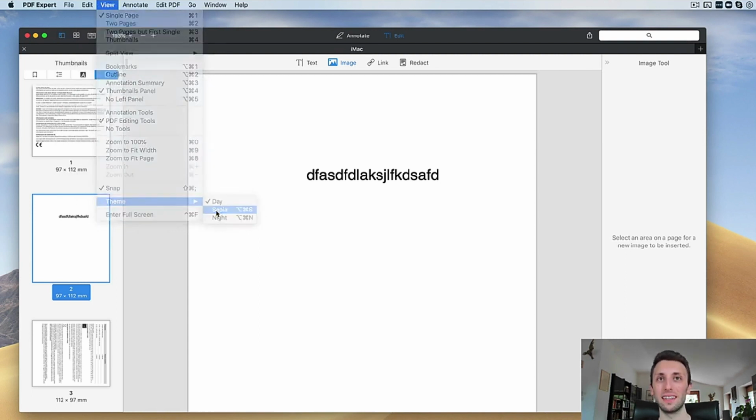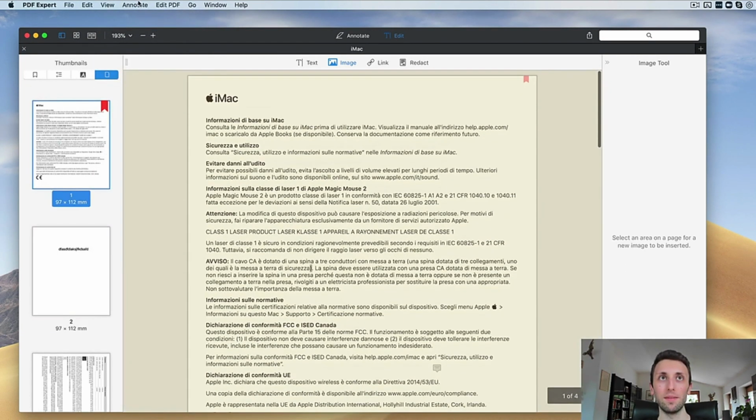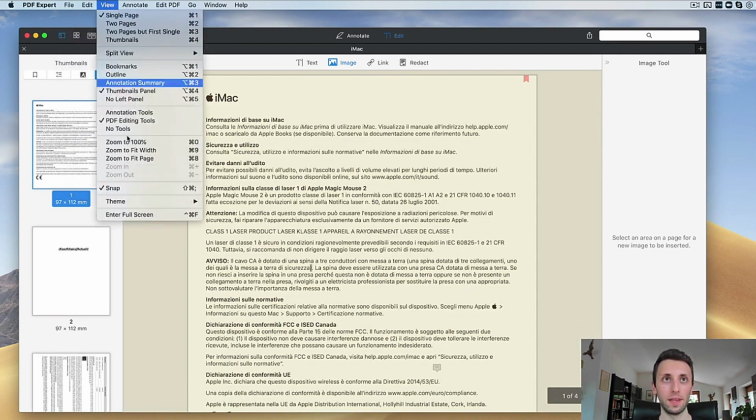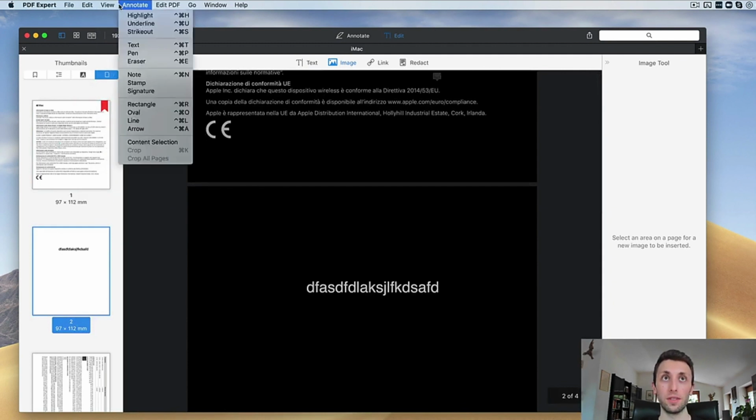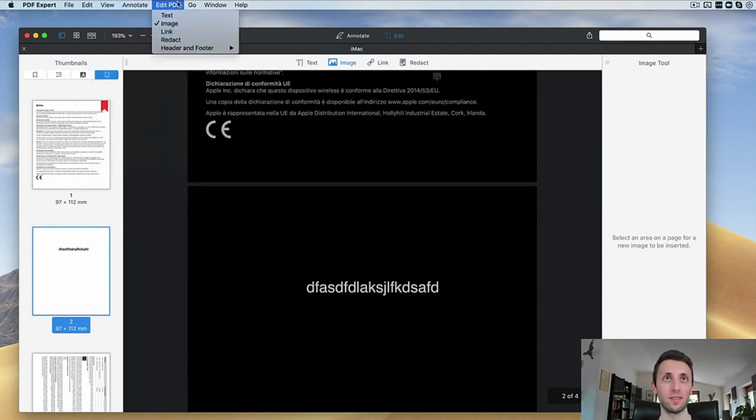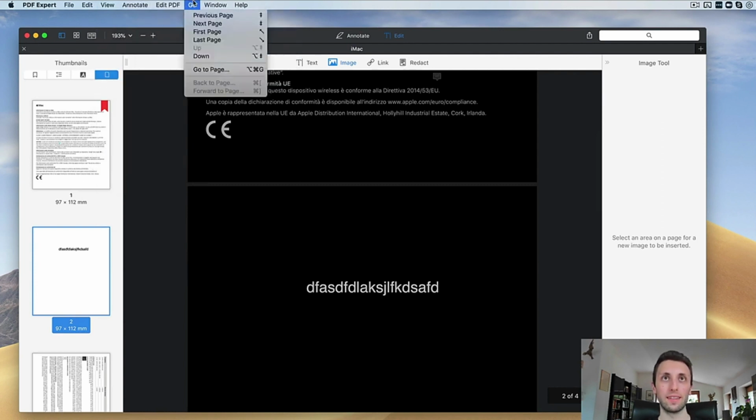I can also change the theme to something like sepia, or let me find the other one. I can also use night. So this is pretty cool. Just some quick wins, but solid ones overall. So yeah, guys, this